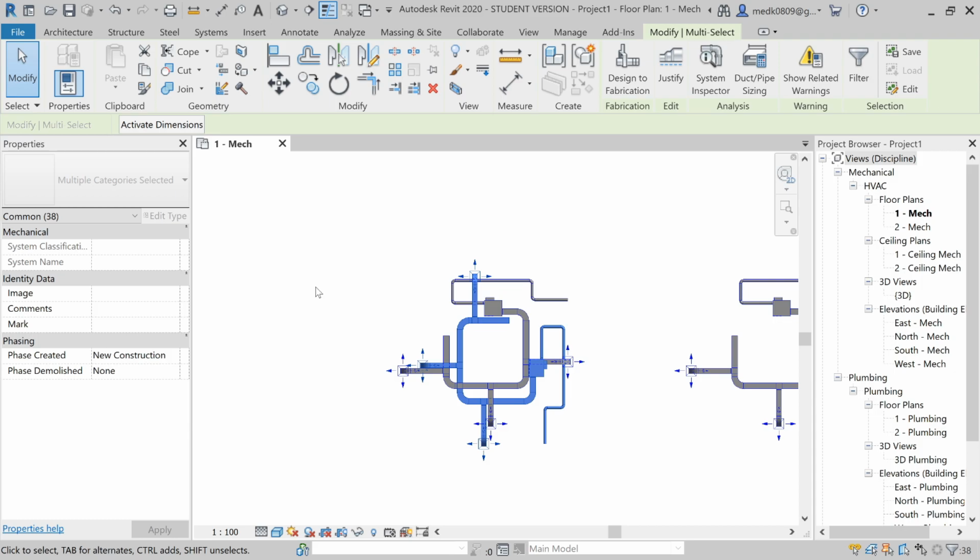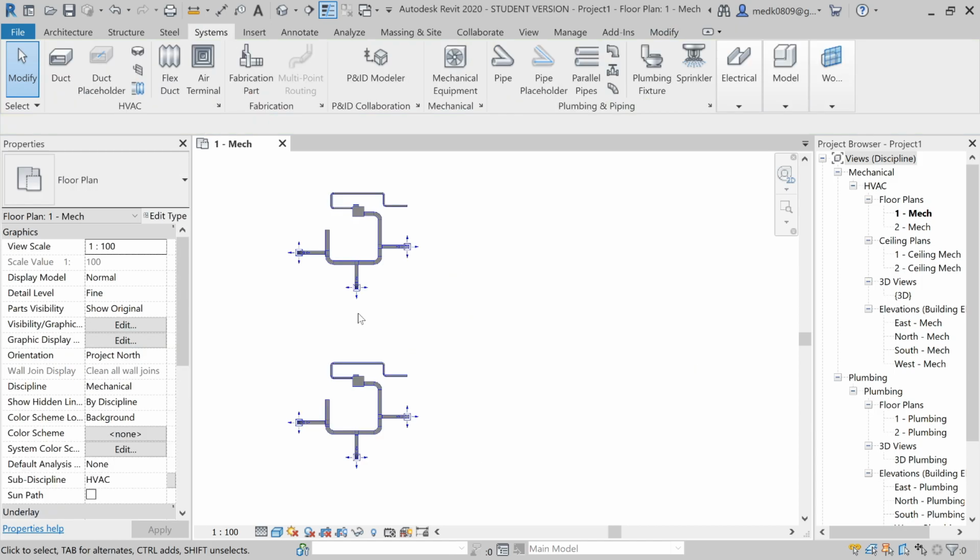So you can see you will have the copy and the original. The copy will be rotated by an angle of 90 degrees or the angle which you specified. So this is how rotation works. Now the next command we have is mirror. Let us suppose I have these two circuits over here and I want to mirror copy them on the right side over here. So for that I will select these two circuits.